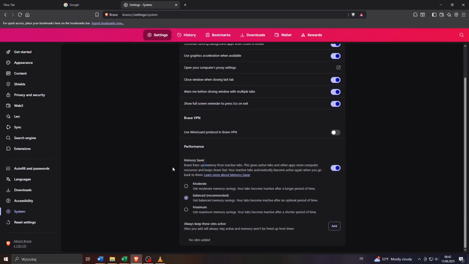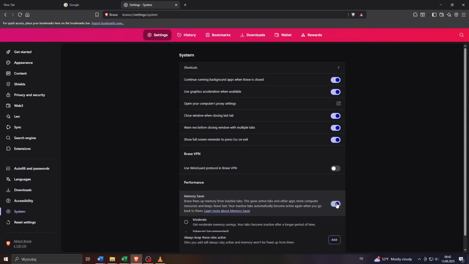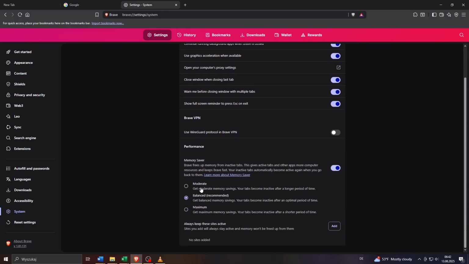Brave browser, as described just a moment ago, may free up memory from inactive tabs, guys. So as previously mentioned, if you have multiple of these tabs open, the memory saver, if enabled here on Brave browser, may change the status of some of these tabs to inactive to save memory. So guys, to enable this feature, simply toggle it on here to the right, or you may also decide whether you'd like to use